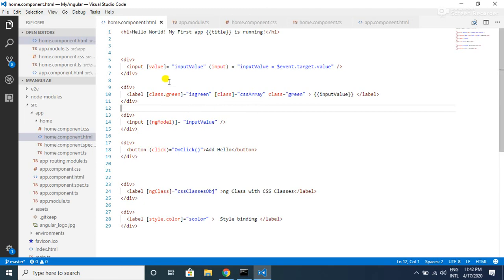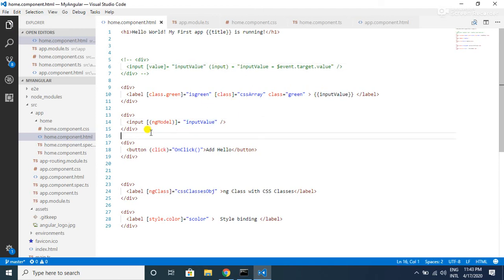Instead of doing this with property binding and event binding together, we can simply achieve that with the ng model directive. The syntax for the ng model directive is banana inside the box, which is the parenthesis comes first, and outside we will be having square brackets, and on the right side the template expression will have the variable where we want to set this to. Here it is input value.